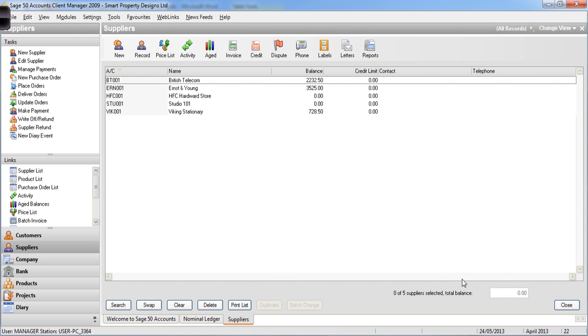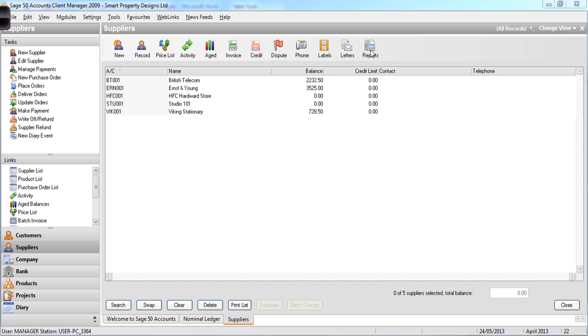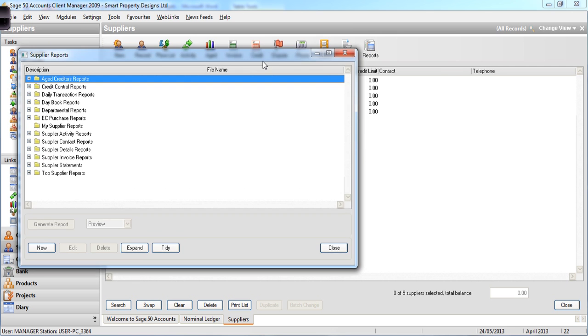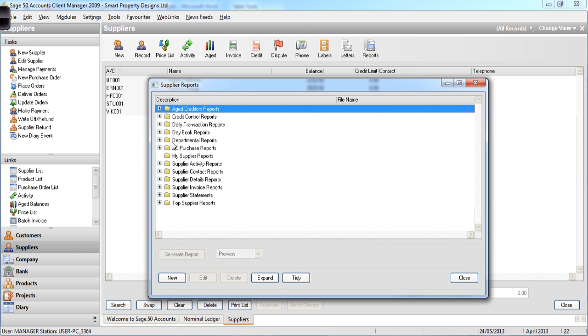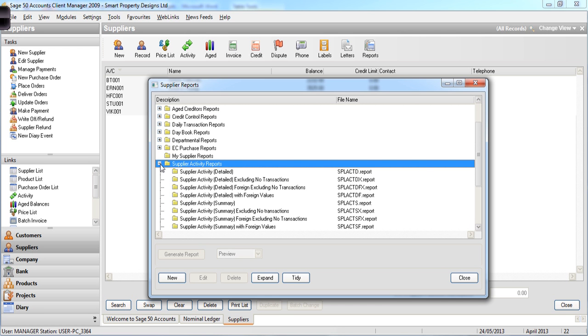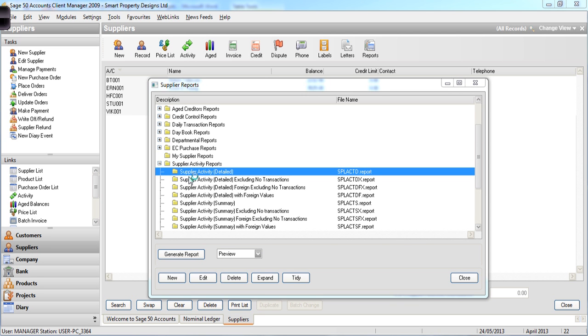Now we're going to run a supplier activity report. Again, for reports, just go to Reports. If we scroll down, you can see here we have supplier activity reports, and we've been asked to run a detailed supplier activity report. So if we just double click on the detailed,